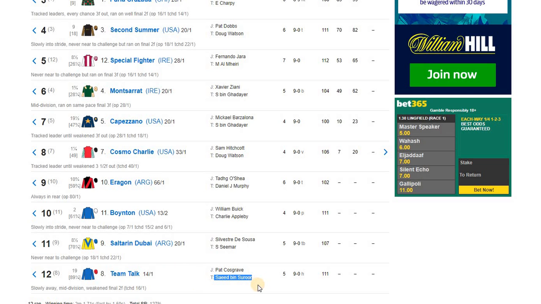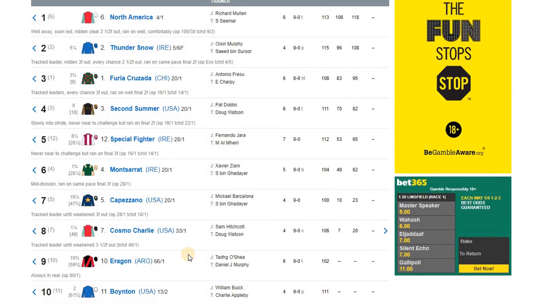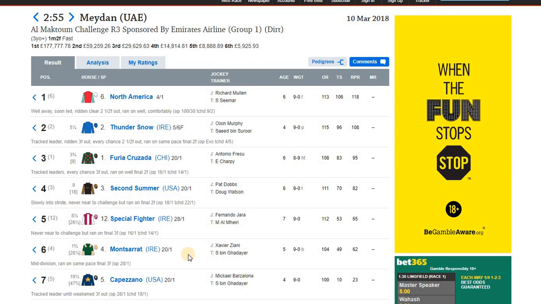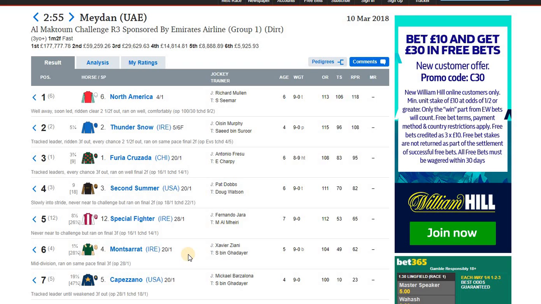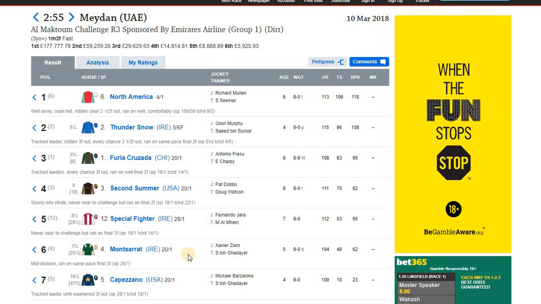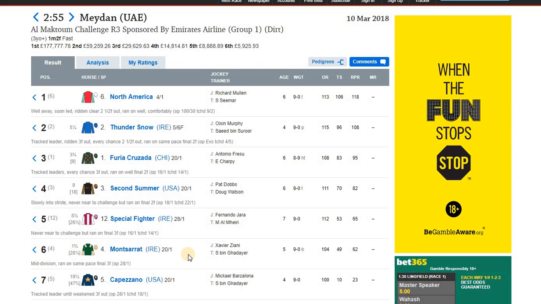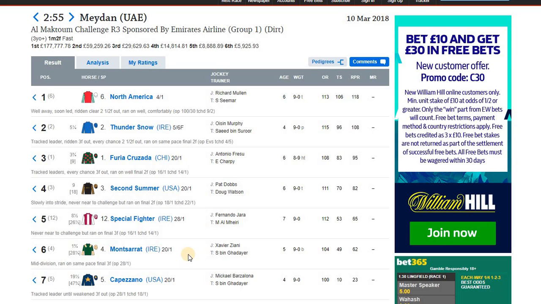See this trainer here, Saeed bin Suroor. He trained Street Cry. He used to be Godolphin's main trainer. But anyway, I just thought that I would emphasize to anyone who plans to bet these Dubai races on Saturday, pay attention to the track early on. You want to focus on, one, is the rail a golden conveyor belt that's just carrying horses along. Two, the horses that are caught in the wave of kickback,